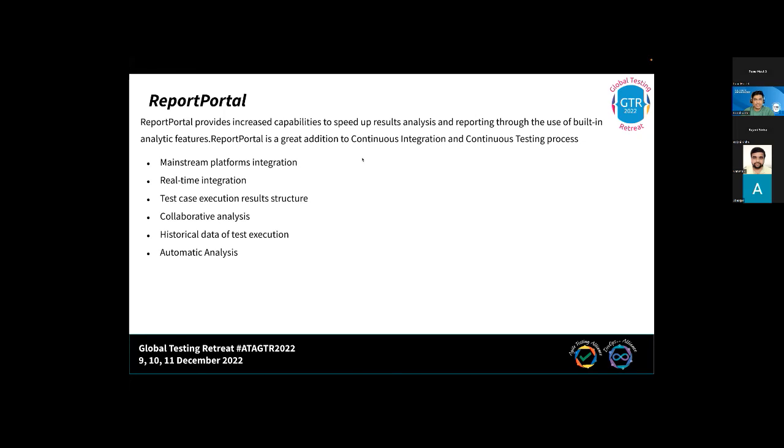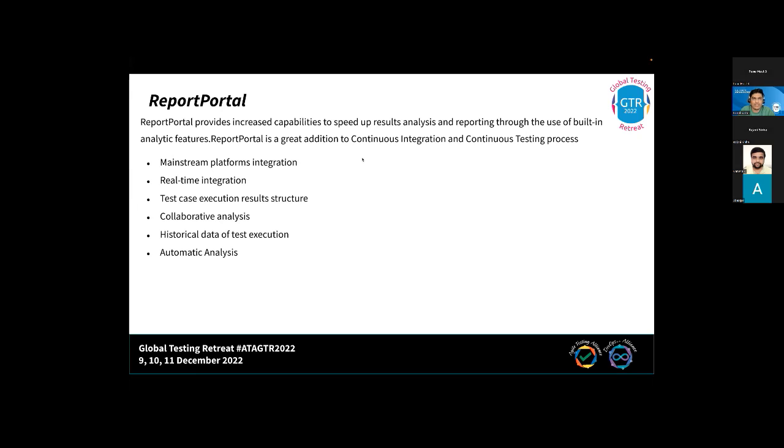And the final one is the AI benefit of it. There are some typical bugs which have been occurring since the last 2 launches or the last 3 builds or releases. So Report Portal automatically marks them as bugs. We will see further how well Report Portal has a defect categorization available.